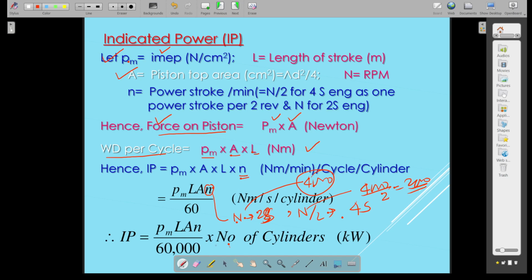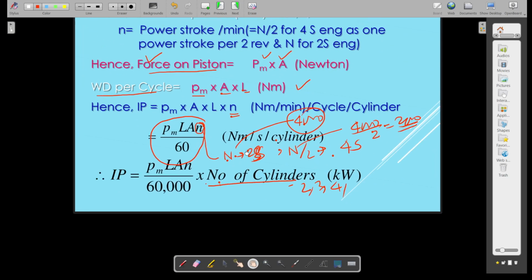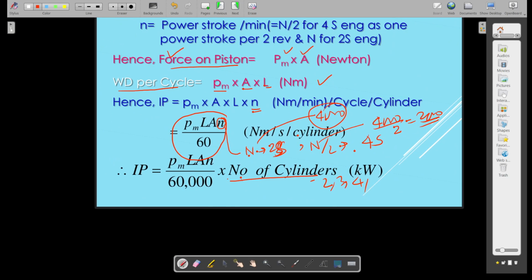And it has to be multiplied by number of cylinders. This is for single cylinder. ये जो है ये सिंगल सिलेंडर के लिए, और ये है जैसे पर सिलेंडर. If you have number of cylinders, दो है तो दो लिखेंगे, तीन है तो तीन लिखेंगे, चार है तो चार लिखेंगे. So the basic formula, just know the basic formula here for the indicated power is